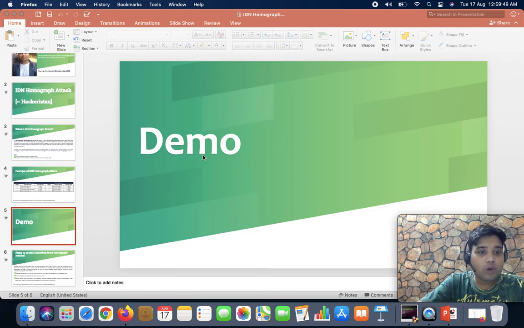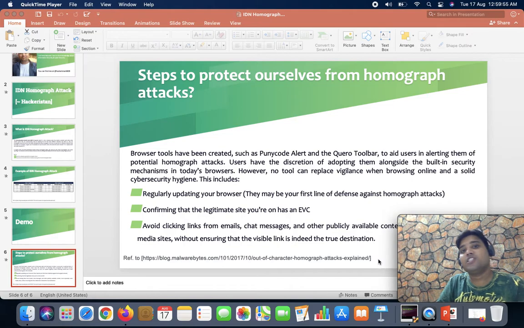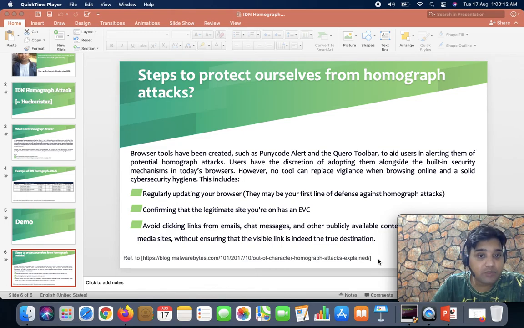If we talk about the steps to protect ourselves from being attacked by the homograph technique, what we should do is always ensure that our web browser is up to date, and we have extended validation certificate information that can help us, guys.